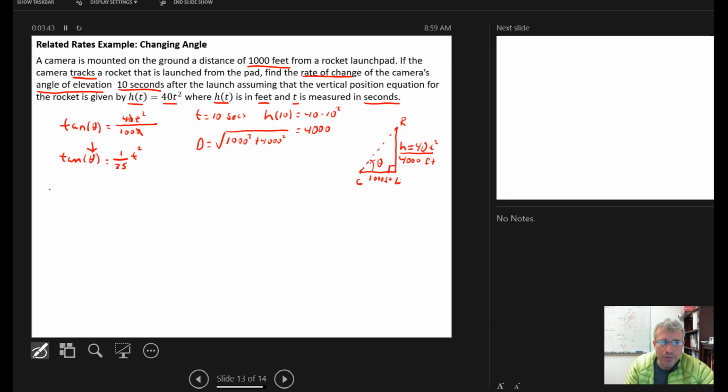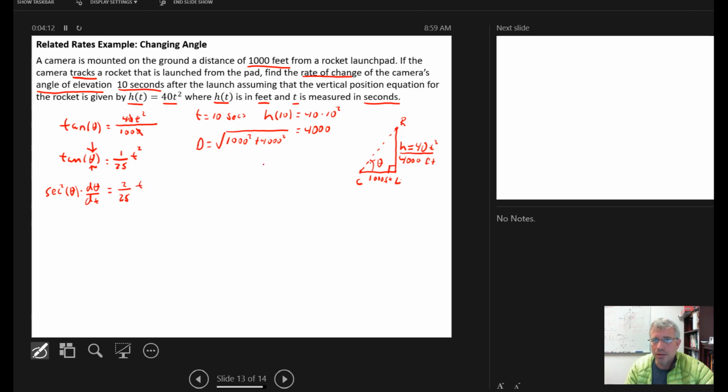The derivative of tangent is secant, so we get the secant squared of theta, and then implicitly differentiating, we have to take the derivative of the inside function. So that's just going to be d theta dt, and that's the related rates component of this problem. And over here we get the derivative of 1/25 t squared is just 2/25 times time,